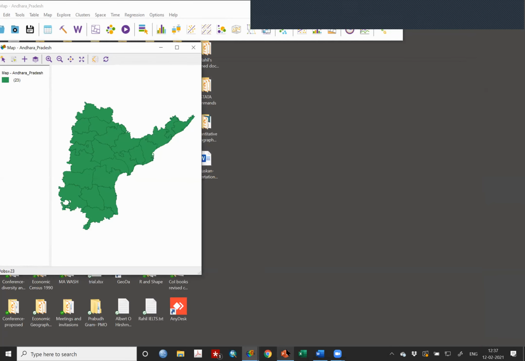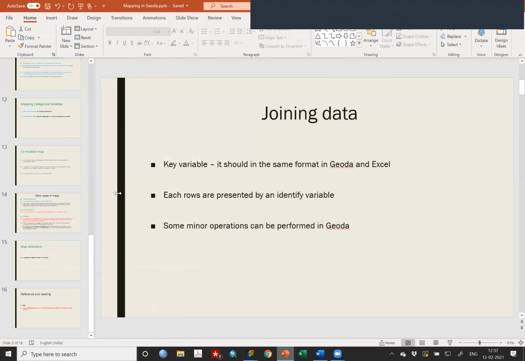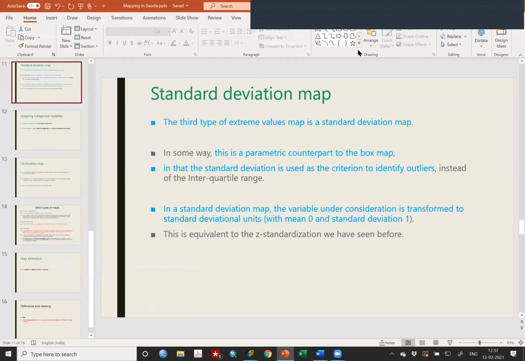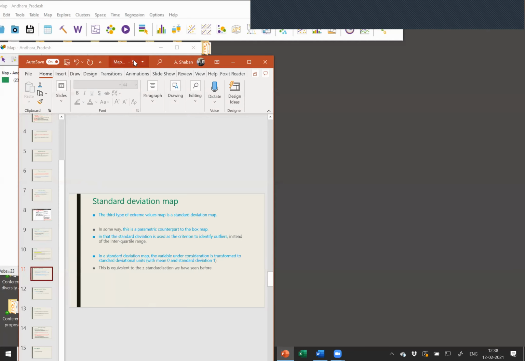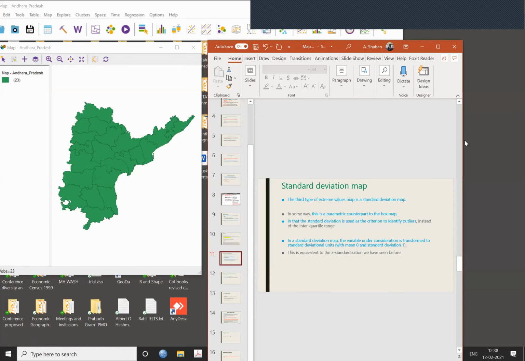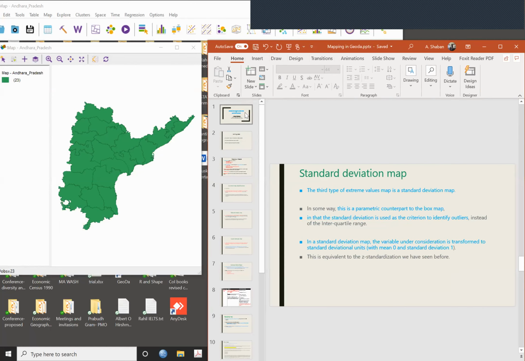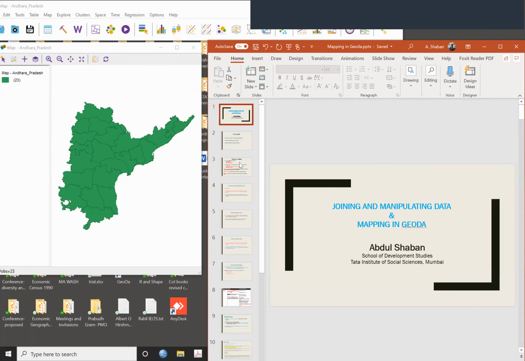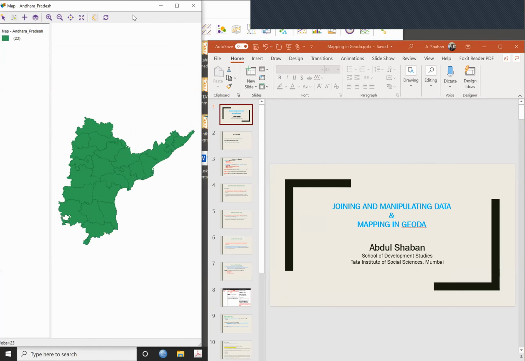I will open one file here, about which I tried to present the Excel for all of you, that is how to join the data, and what to do, and how to go through it sequentially. So this is what we are going to do today. I'm just arranging so that all of you are able to see the screen.